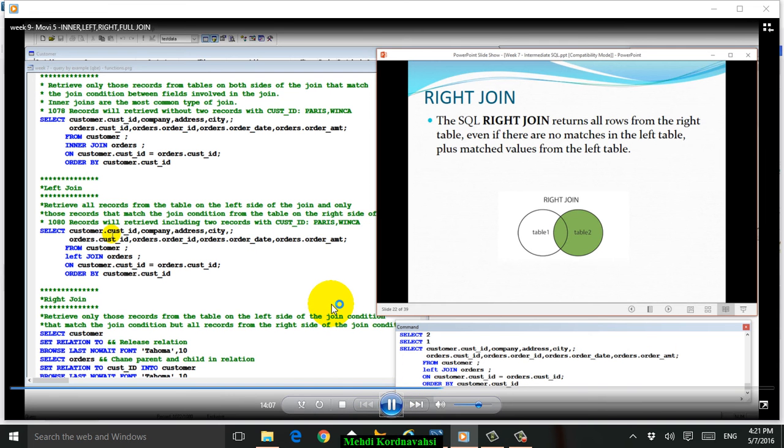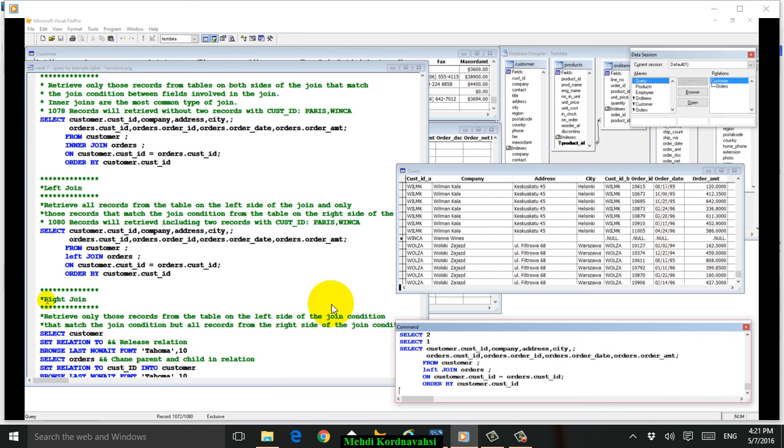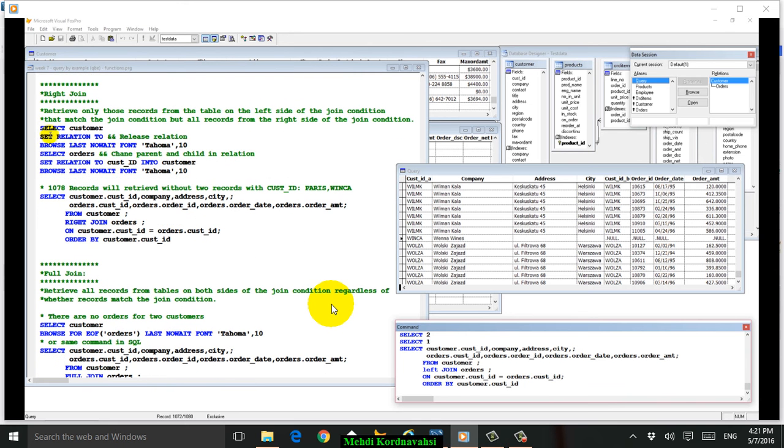Right join returns all rows from the right table, even if there is no match in the left table, plus matching values from the left table. All from the right comes, plus matching values from the left. So let's change